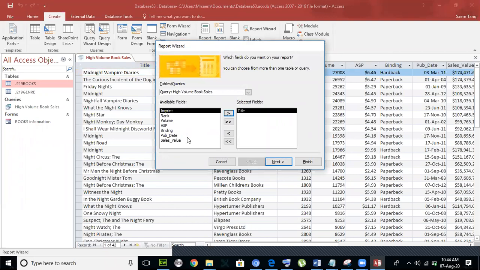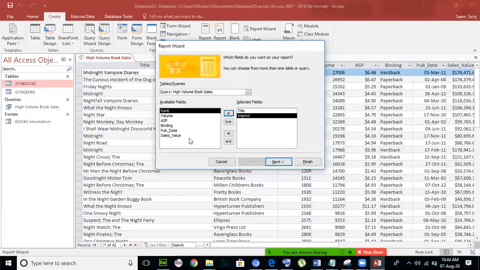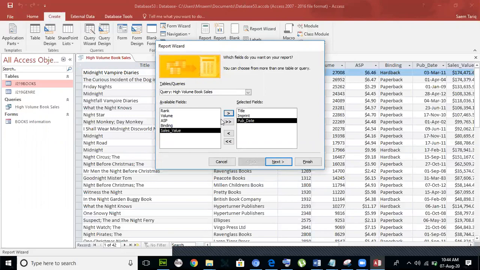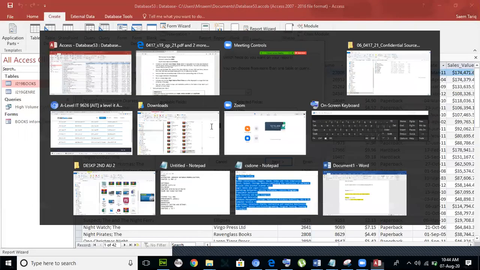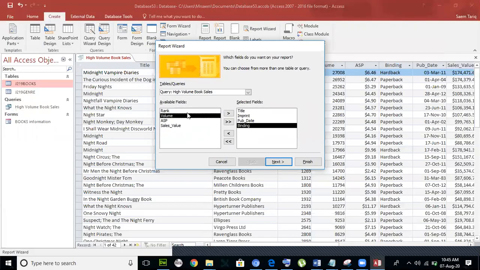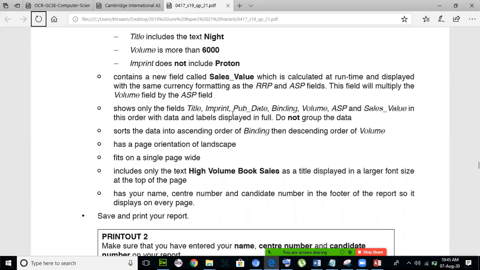Imprint didn't come. Oh, yeah, sorry. I want the publication date. I want the binding. I want the volume. I want... what is the double arrow for? If I want to transfer all of them at once, all of them. But I don't want to transfer all of them. I want the ASP, I want the sales value, and I want the